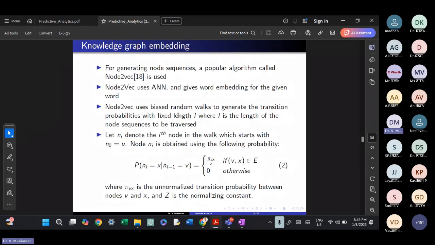Well, maybe due to want of time, I skip this math. So I just give the outline. There is an algorithm called node2vec, which is basically using an ANN that will take a word as an input and give the representation of the word, called an embedding, as output. And in this case, each node in the knowledge graph is basically a word, right? How is a node a word? As you know, a node can be represented by a matrix, right, of size 58 by 68,